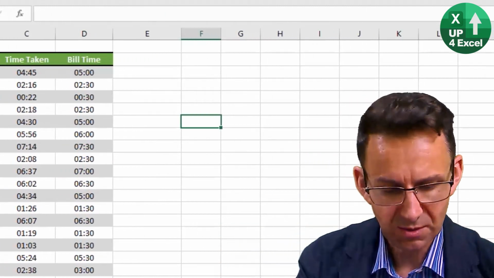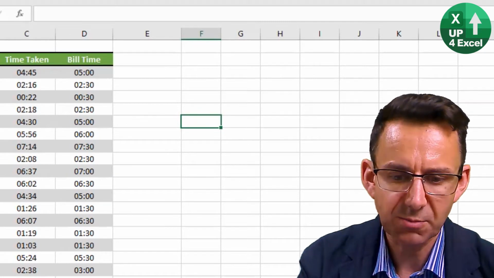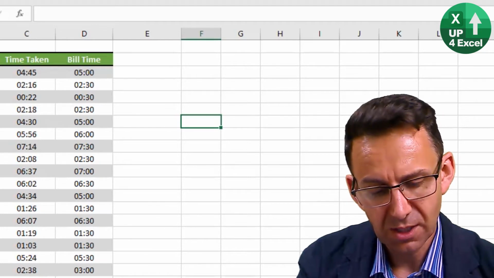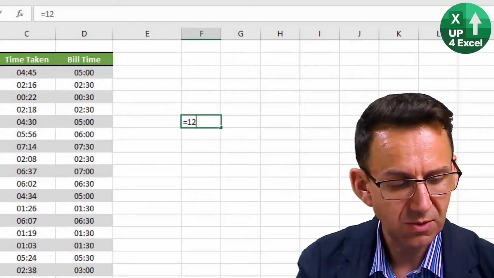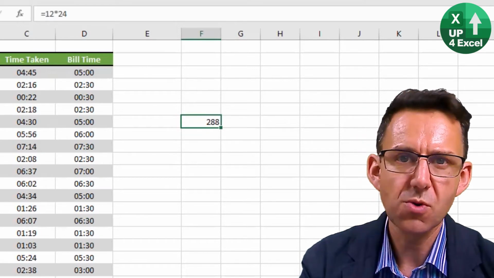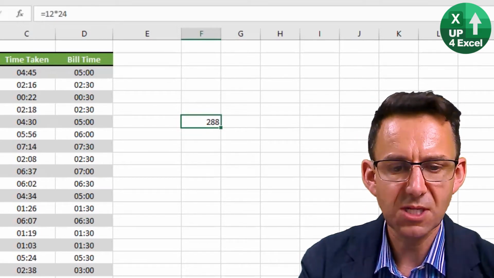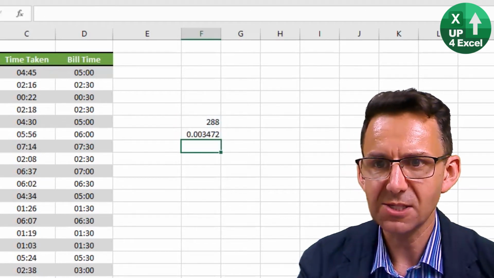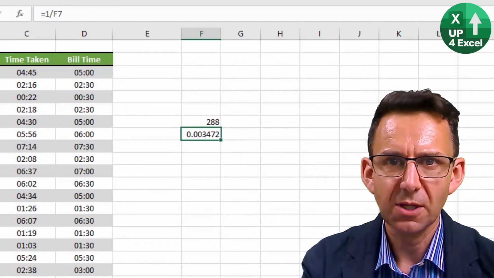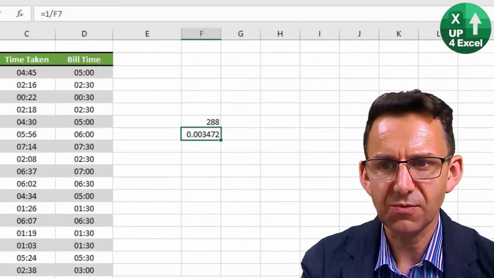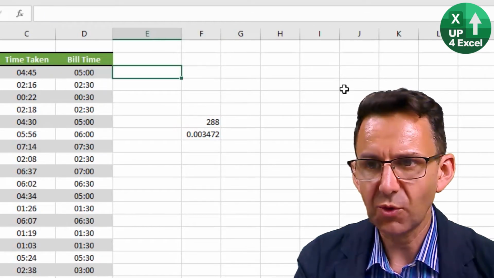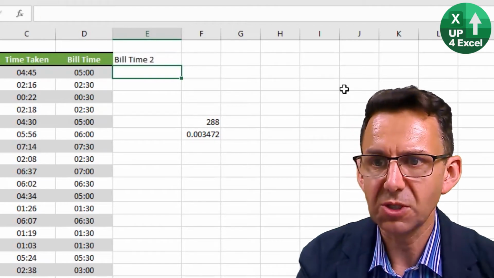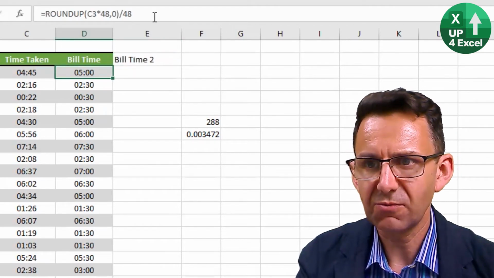So 5 minutes, now you could probably work this out in your head, but essentially there's 12 lots of 5 minutes in an hour, and there's 24 hours in a day, so there are 288 lots of 5 minutes in a day. If we divide 1 by 288, that gives us our number that we want to adjust for. Using that number, before we apply our build time formula, build time 2 I'm going to call this, take this same formula,